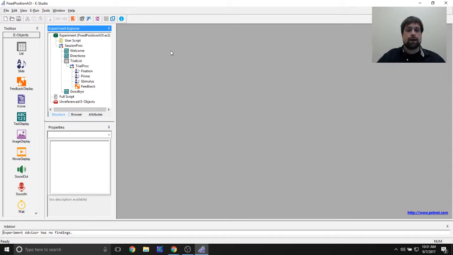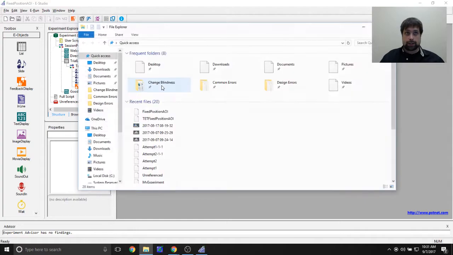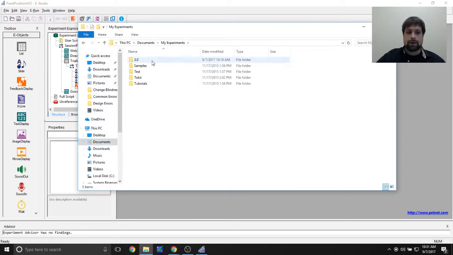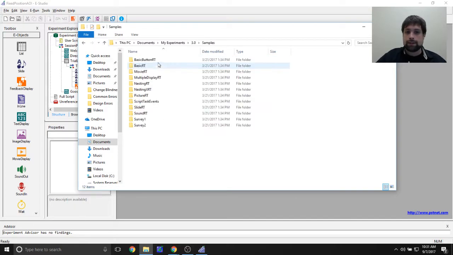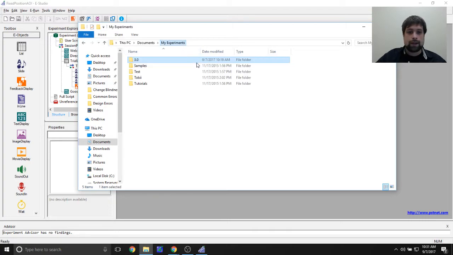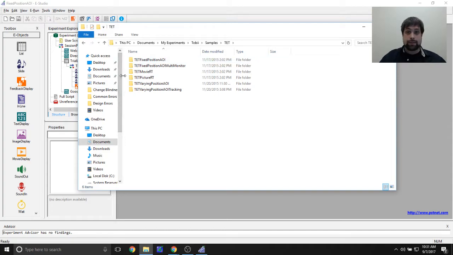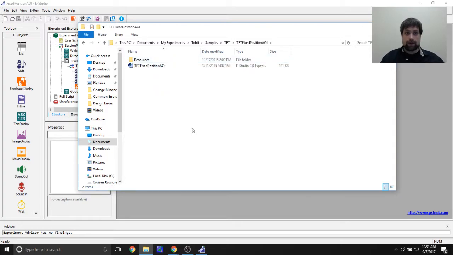First off, if you have ePrime extensions for Tobii 2.0, or if you're watching this after ePrime extensions for Tobii 3.0 came out, the sample that I'm going to end up making today is actually one that's included with the install. If you go to your documents, go to My Experiments, and for those of you using ePrime 3, go to 3.0, then go to Samples, go to My Experiments, go to Tobii, and then go to Samples, and go to TET. The sample that I'm going to end up making today is going to be TET Fixed Position AOI, and at the end we're even going to add some